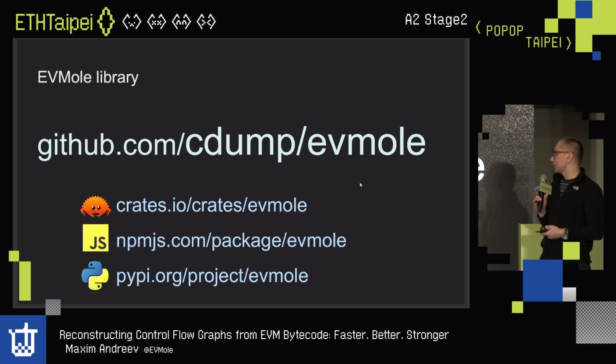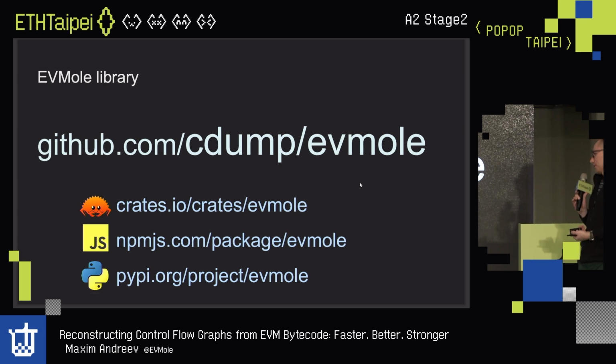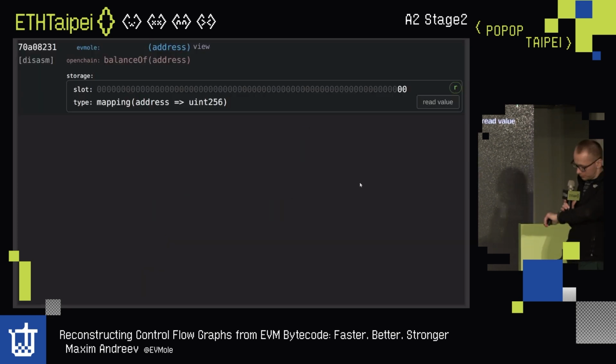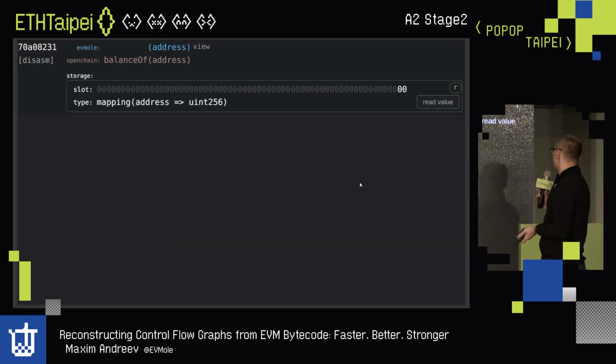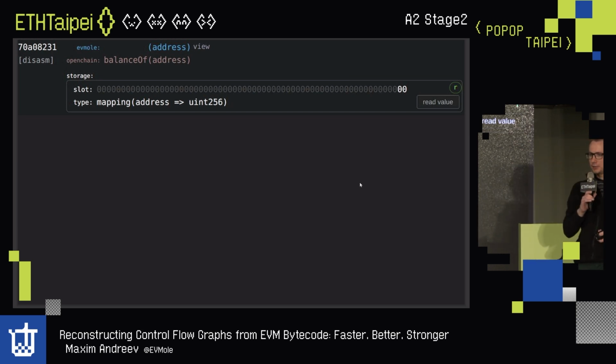And as I said, it's all implemented in the EVMole library. It's a Rust, JavaScript and Python library, so you can use it from the language which you prefer. It's open source on github.com/cdump/evmole. A few words about this library. It has an online demo at evmole.xyz. So besides the control flow reconstruction, it can also extract